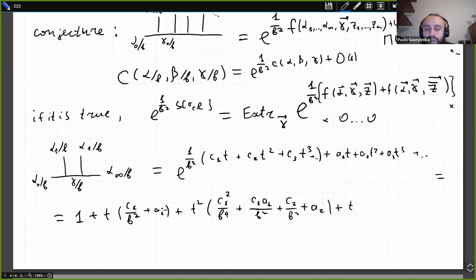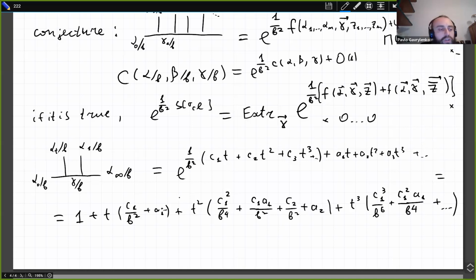Then t cubed: c1 cubed over b sixth plus c1 squared a1 over b fourth plus, well, I don't want to write the remaining terms, but I see the principle that